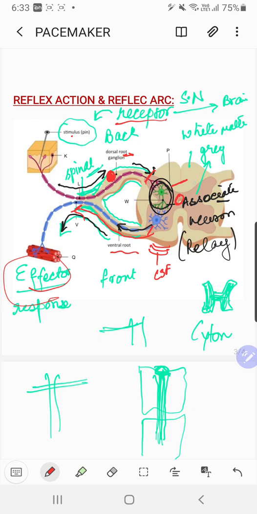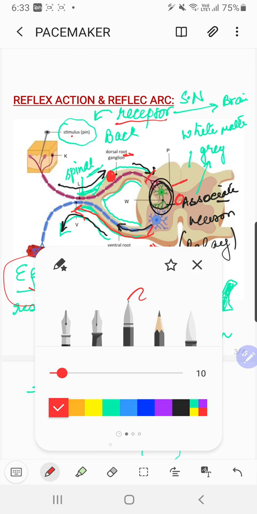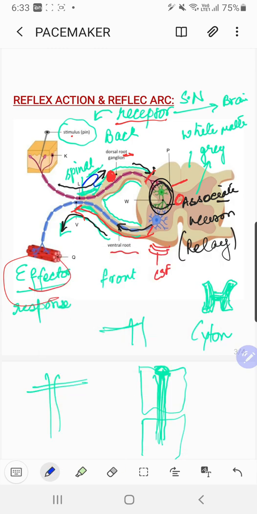Labeling is very, very important. This diagram in particular, this reflex arc, right, is very, very important with reference to boards, because they give you the diagram, they ask you to label it, and they also ask different functions. And many times, I'm just using a different color rather than erasing the area, a blue color for this portion. What is this? In that case, sometimes you get confused whether you have to label it as spinal nerve or mixed nerve.